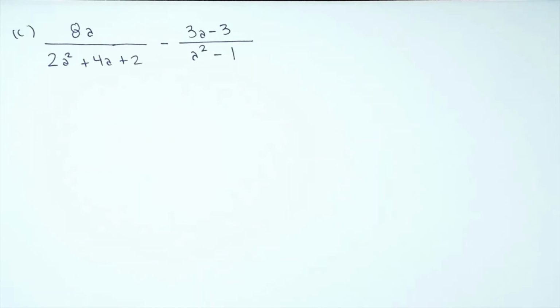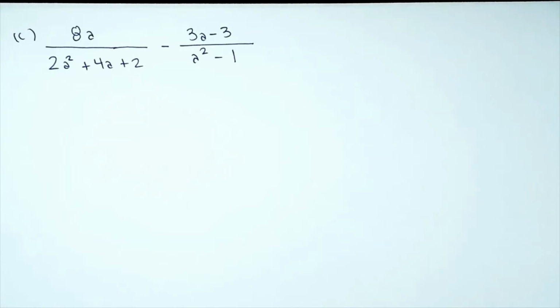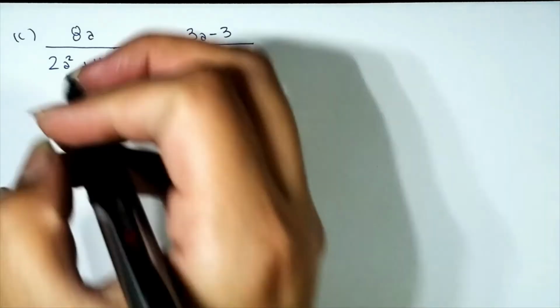Okay guys, so let's go ahead and finish our third and final problem. So we are asked to subtract these two rational expressions. The question is, are the denominators the same? And as you can see, the answer is no. So our first goal is to find the LCD. But in order to find the LCD for these polynomials, our first goal is to make sure all the denominators are factored completely. So let's go ahead and do that, showing all the work